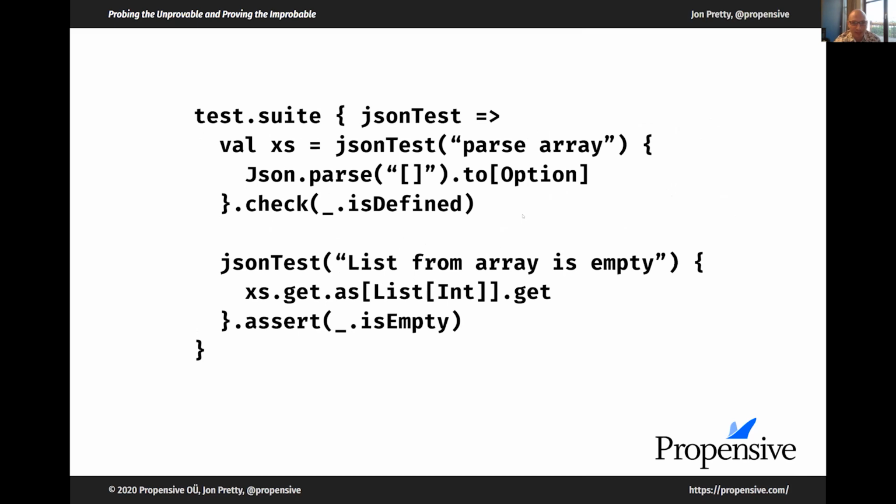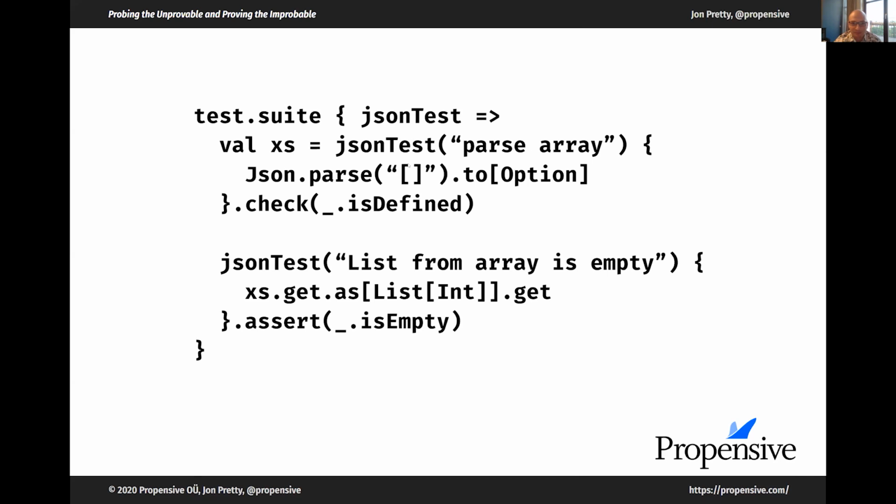Here's a definition of a suite. We can define that inline, where we define the test runner, and this is what was previously called test. In this particular suite, I've given it a different name from test because we're using test as the outer suite. You could even define the suite in a different file. That wouldn't be unusual at all.